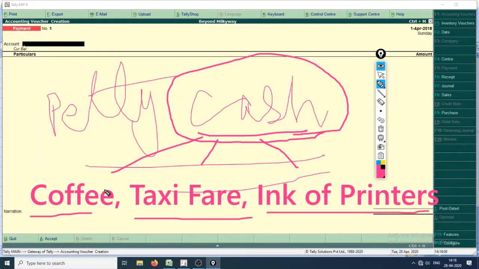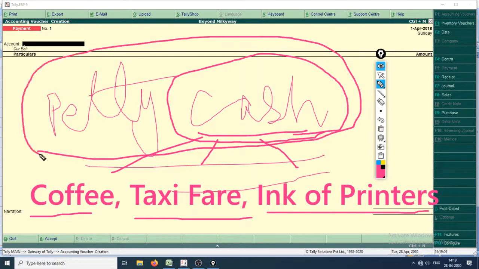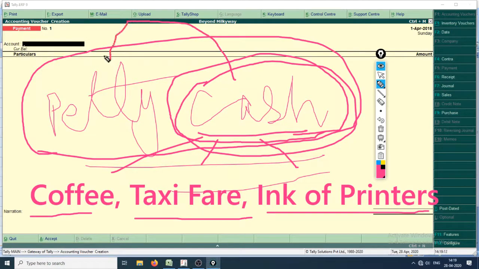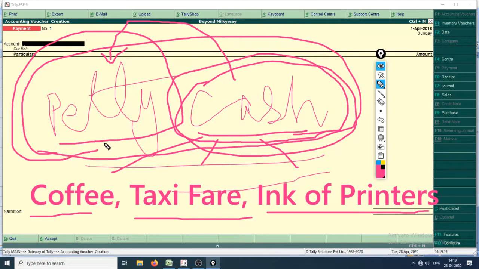Hence there is a concept called petty cash. So the head cashier transfers some amount at the beginning of a month or on a certain date to a petty cashier, and all these transactions are maintained in petty cash.